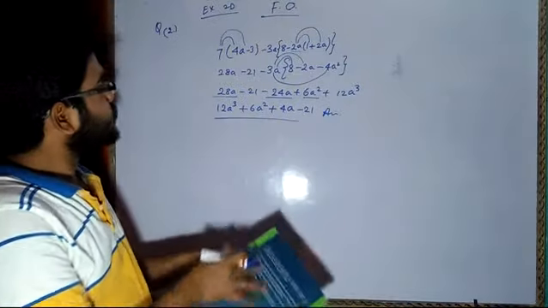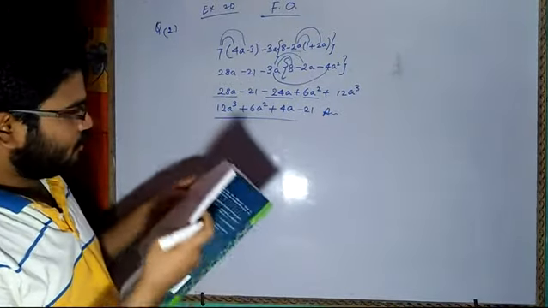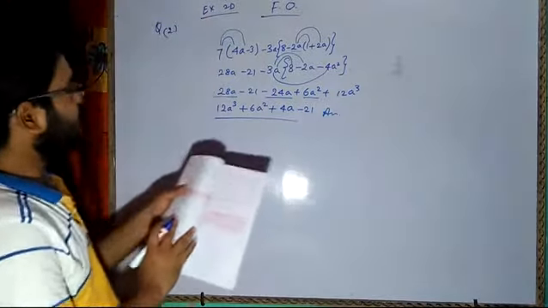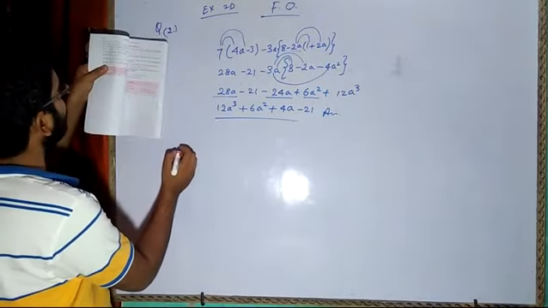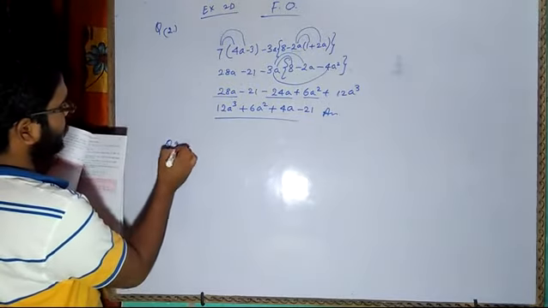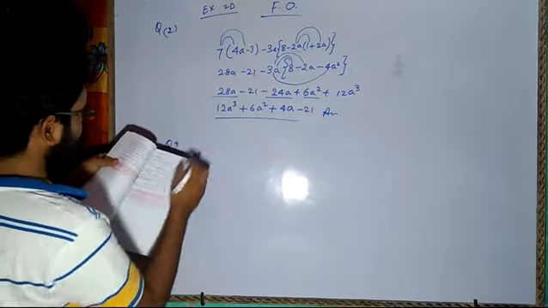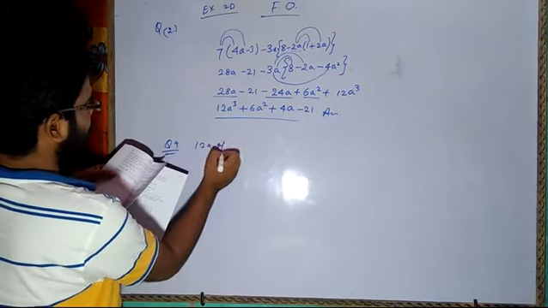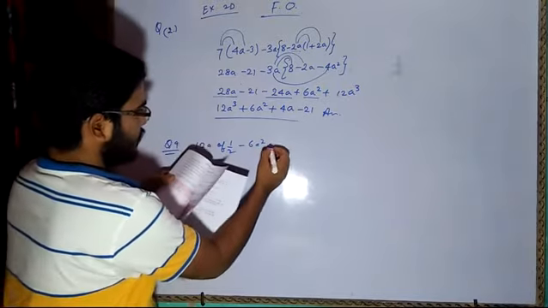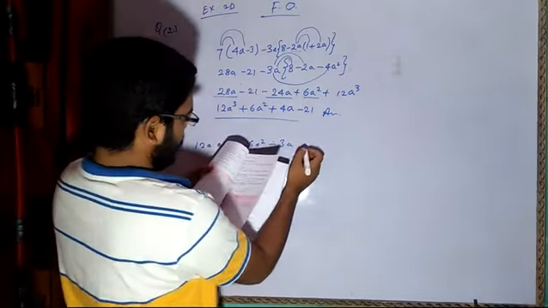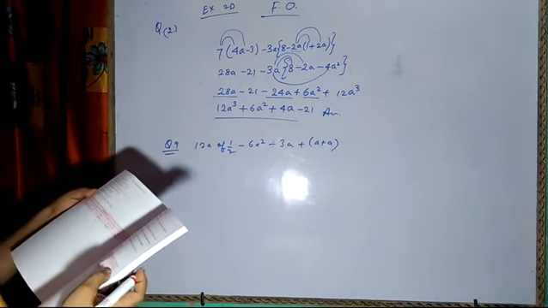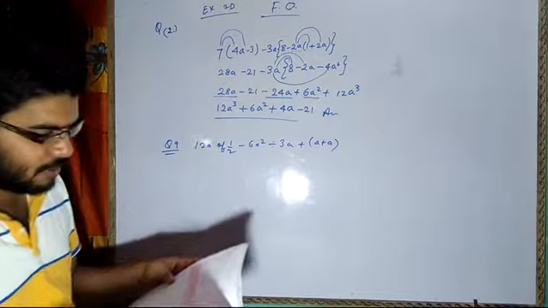So in this way, you are going to solve the remaining problems of this exercise. If I see, I have gone through the numerical problems. There is no problem at all. Means not that difficult a level. The difficulty level is not so much that you all cannot solve. So let me solve question number 9 only. Question number 9 says: 12a of 1 by 2 minus 6a square divided by 3a plus a plus a. Correct?